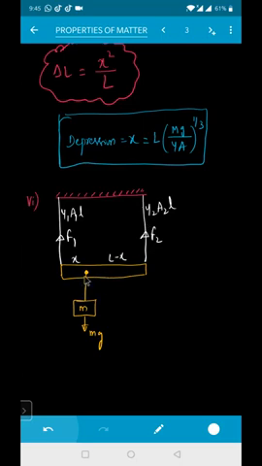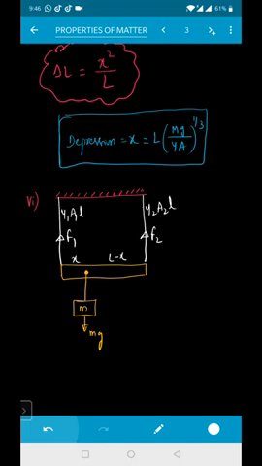So this rod is being suspended by the two wires. The first wire is made up of Y1, the second one is made up of Y2. Area of the first one is A1, area of the second one is A2. But the length of both the wires is the same, so L. The force developed in the first wire is F1 and the force developed in the second wire is F2, because we are attaching a weight of mass M, a little bit not at the center, but at 3/4 of the rod from the left hand. Or 1/4 of the rod from the left hand, or from the right hand 3/4, or whatever it may be, depending upon the situation.